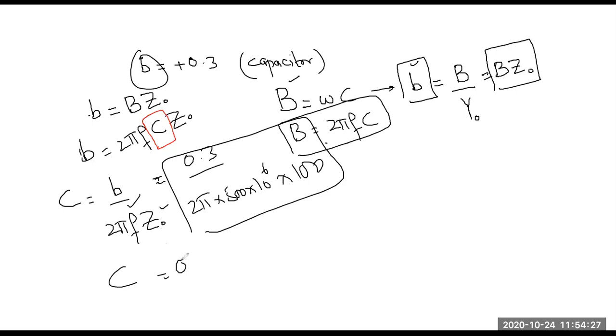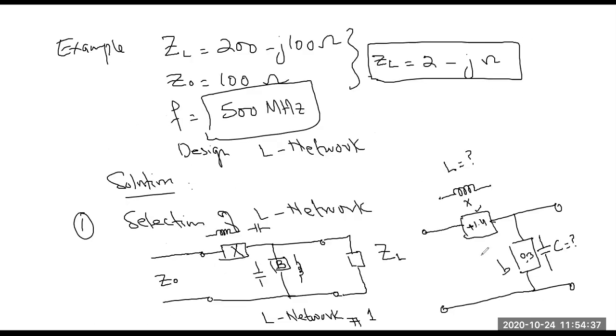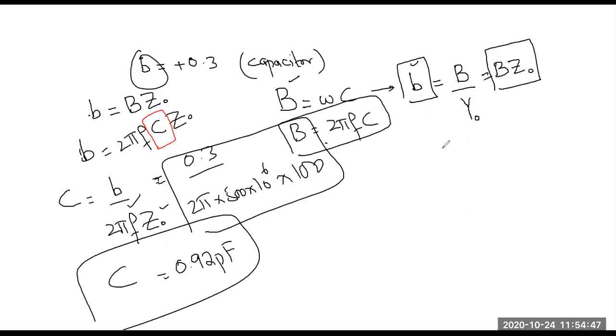इसकी वैल्यू तकरीबन आती है 0.92 पिको फैरेड। तो इस तरीके से आपने B की वैल्यू फाइंड कर ली है, ठीक है। और इस तरीके से यहाँ पे जो इंडक्टर हम यूज करेंगे जिसने हमें कितनी रिएक्टेंस प्रोवाइड करनी है 1.4, इससे हम L की वैल्यू निकाल सकते हैं। कैसे निकाल सकते हैं ये भी आप देखिए। सो हमारे पास X है प्लस 1.4,